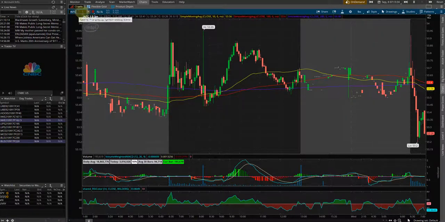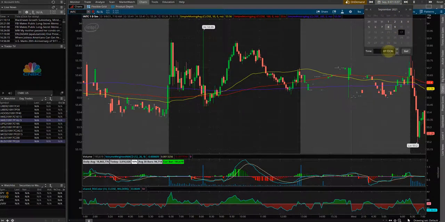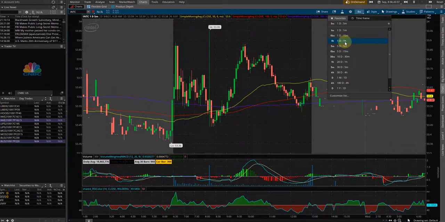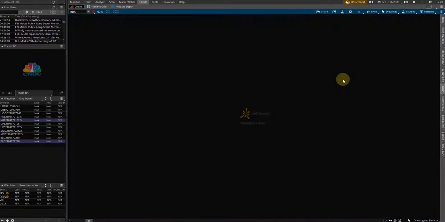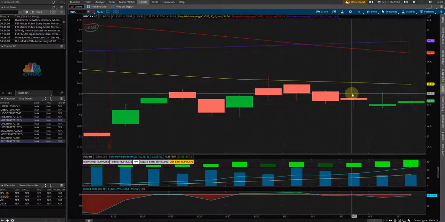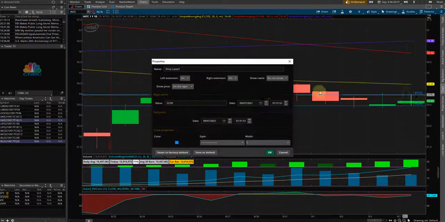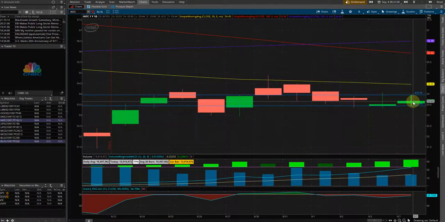Oh shoot, I didn't mean to do that. I want to go back to 620. But honestly, knowing what's going to happen the next day doesn't really matter, because either it's a play or it's not. So our high is 53.95. We're good. Our low is 53.44.